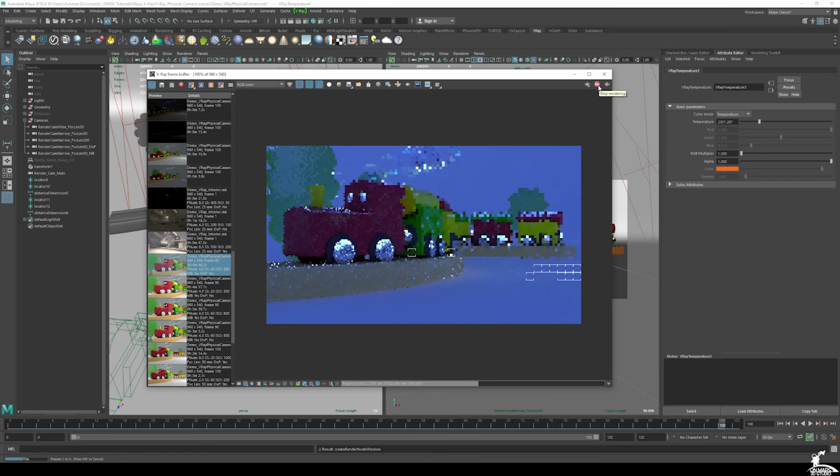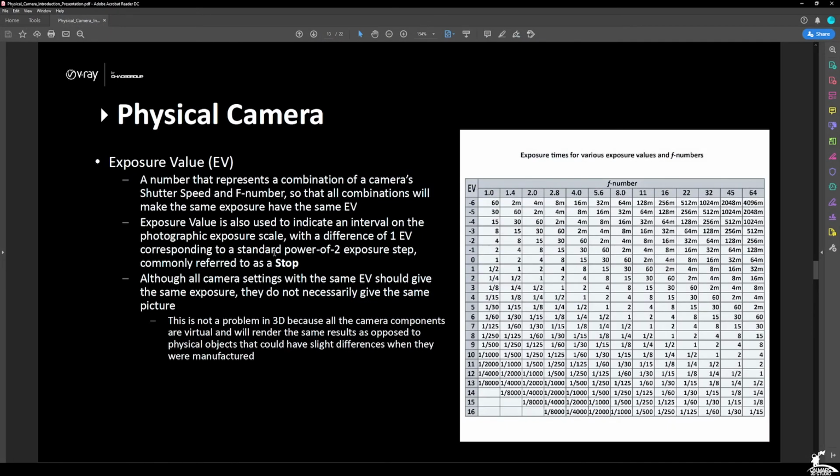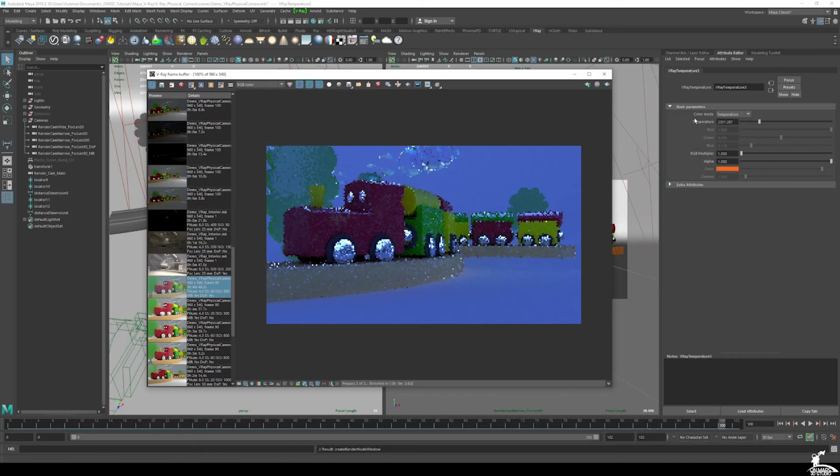Now, why do you want to have the white balance? Well, a lot of times you want to use white balance to fine tune and create a neutral render. So you can do color balance changes after the fact and do that during the color correction process in post, right? So for example, again, if I go ahead and make something a little bit more neutral